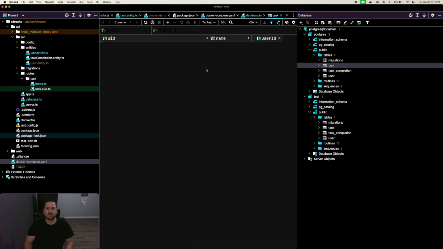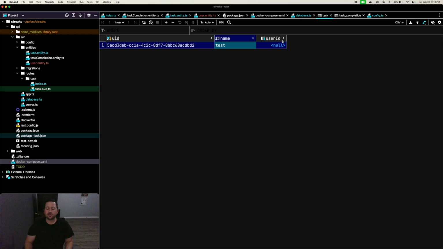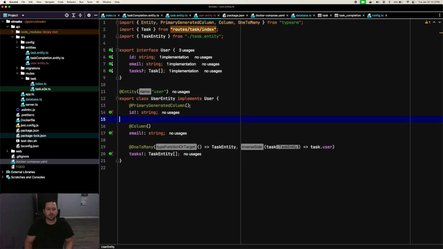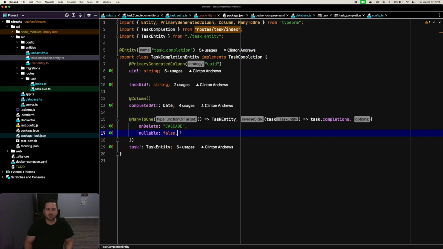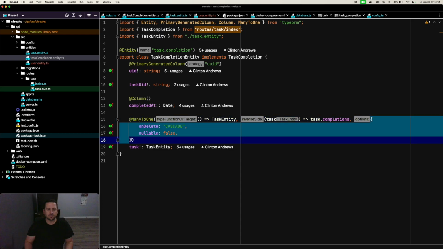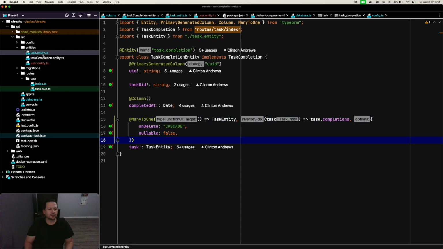And in fact, if we add this, we should not be able to create a null here, I don't believe. So if we do test, oh, so this is still allowing us to set user ID as null. So we actually want to also change that. We have this task entity, but we also want to do, let's see if we have an example here somewhere where we're going to say this can be not null. Yes. We are going to, in our task entity,